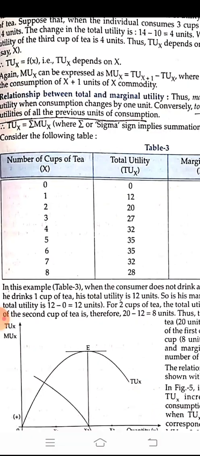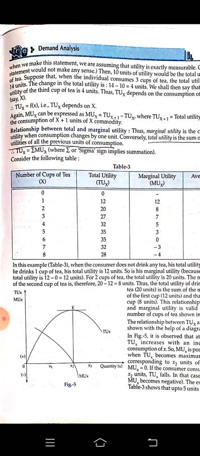Okay, this is diminishing. You can see in the marginal utility column also, the total utility is also decreasing and the marginal utility is also decreasing. Why are they saying law of diminishing marginal utility? Because as we are adding one cup, the utility of that cup is decreasing.